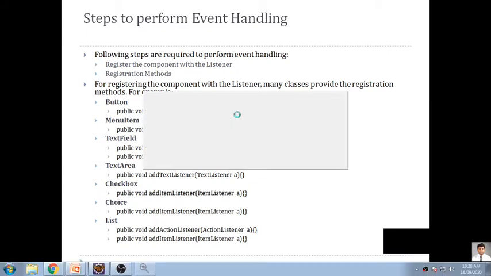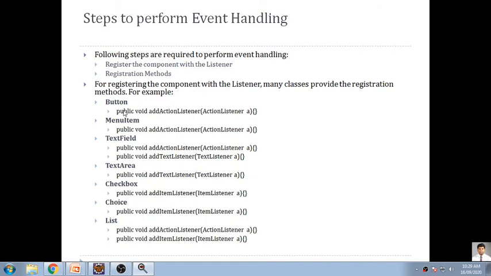So action listener is an interface which is associated with the button. If you are doing anything with the button, you have to keep in mind there is only one interface, that is action listener. We will not talk about the function add action listener here; it is nothing but a function to add this listener to this specific button. If you are concerned with the menu item and want to add an event listener to that, there is again an action listener.